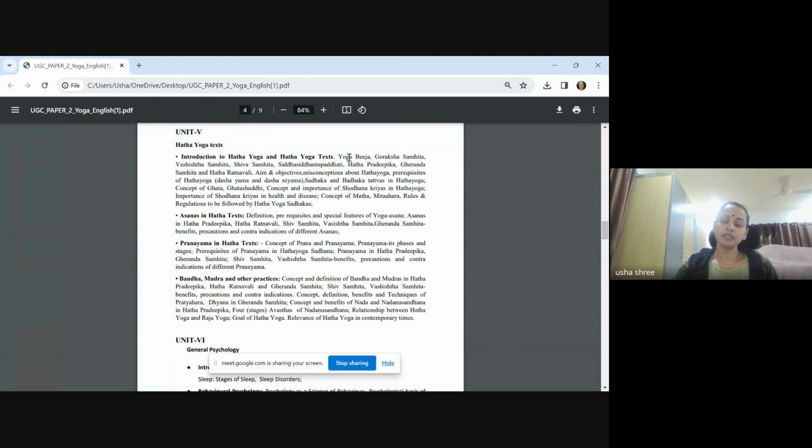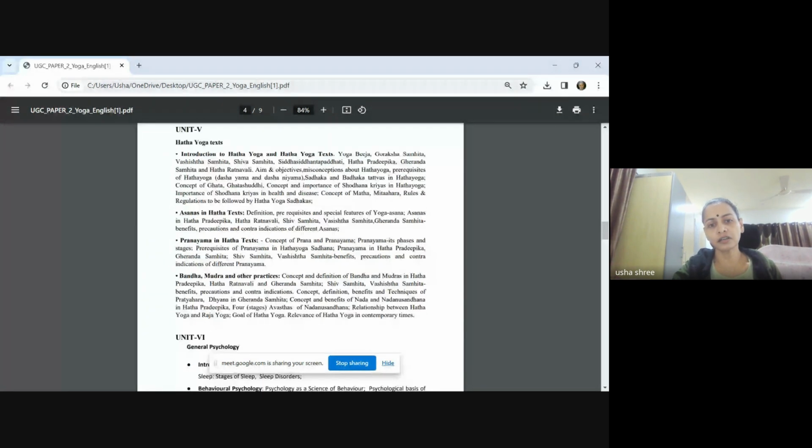For studying the Hatha Yogic texts, after you have a good grip of the Hatha Yoga Pradipika, Gheranda Samhita, and Hatha Ratnavali, you will be able to make a comparative study of the other texts as well. First, you get a grip of a couple of texts, followed by the comparative study of all the other Hatha Yogic texts. For this also, you need to maintain good notes. The shlokas in the Hatha Yoga texts are again very important. Some of the shlokas you have to just memorize.